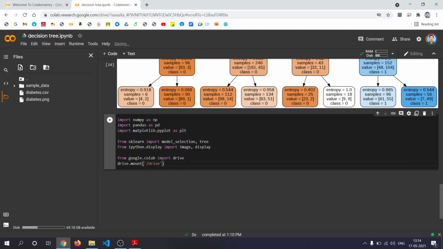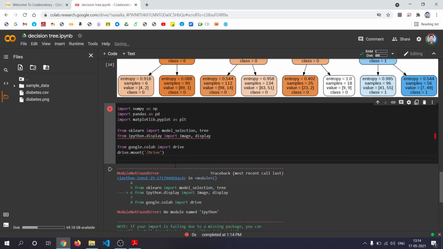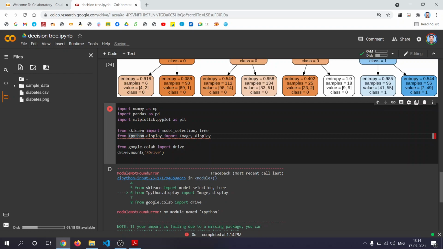Okay, once you perform this, then you will see that it shows IPython is missing.